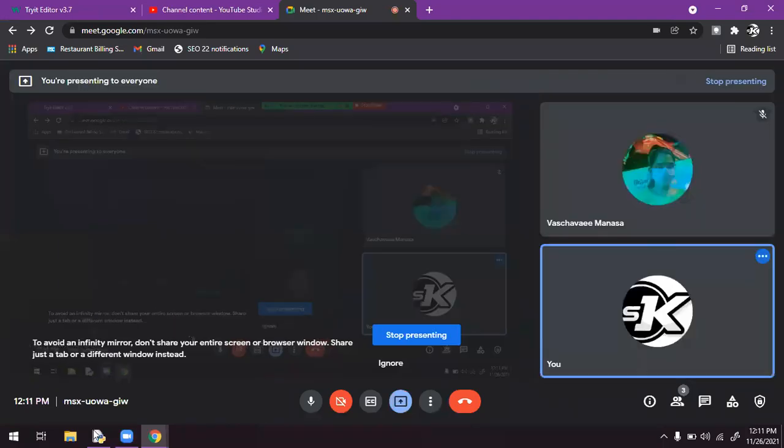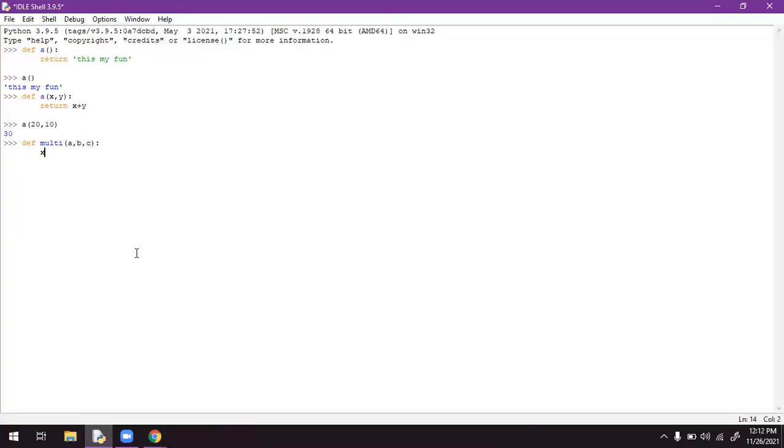I'm assigning intermediate variables such that if I enter a, b, c, they are added, and that result is stored in the x variable. I'm taking another variable, a minus b minus c, and another, a into b into c. So I defined three operations here, x comma y comma z.